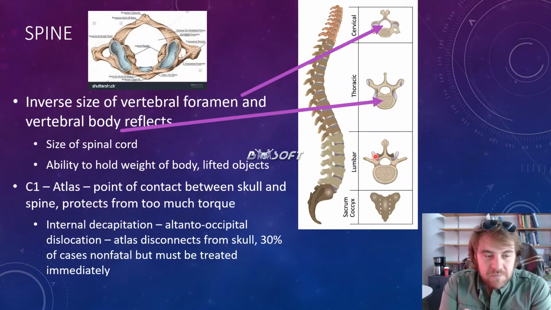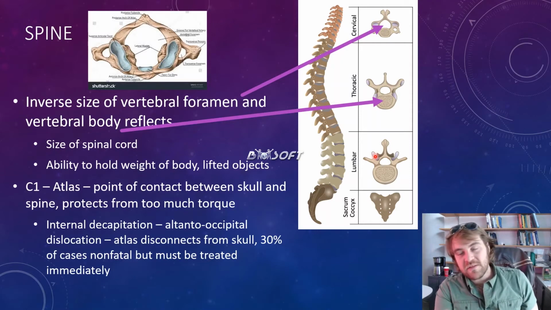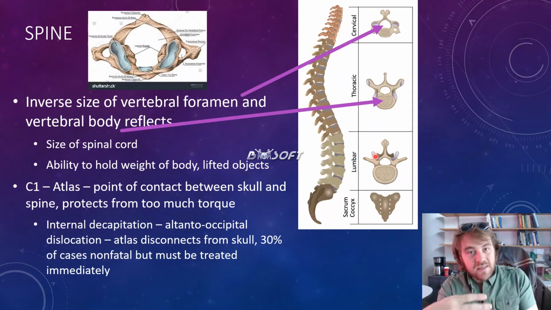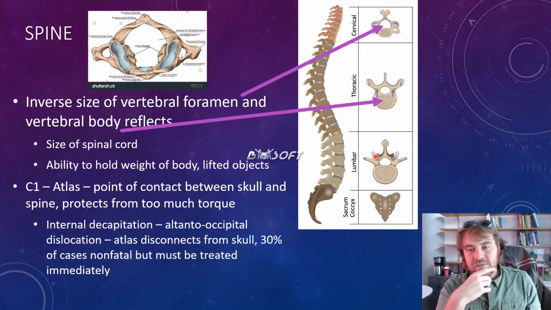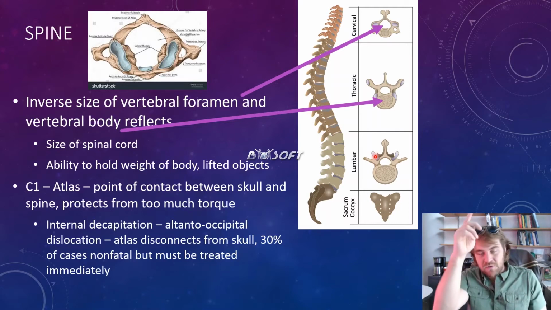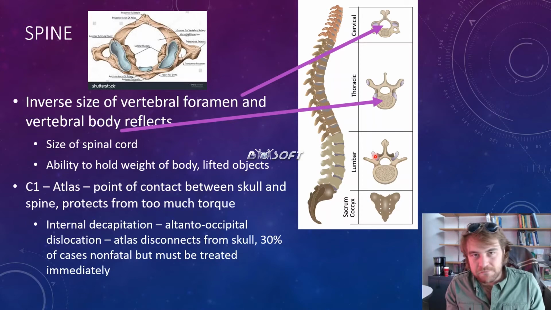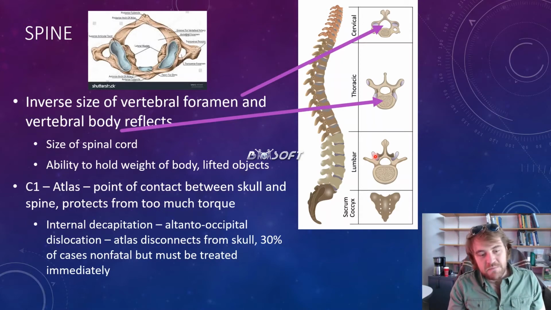The vertebral foramen is where the spinal cord goes. So this is what makes up the encased in bone portion of the spinal cord. That's what keeps it as part of the central nervous system and not the peripheral nervous system. Why do you think the vertebral foramen decreases in size? Why does the spinal cord decrease in size as it moves down the person? Think about that for just a second. It's because